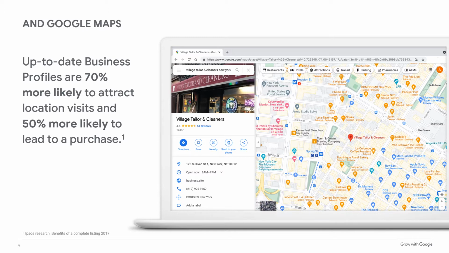Relevancy is how well a business profile matches a search. If your business profile is detailed and up to date, Google is more likely to show it for relevant searches. Distance is just what it sounds like. How close is the business to the searcher or to the area specified? Prominence is gauged by how well known the business is based on information Google can find across the web.